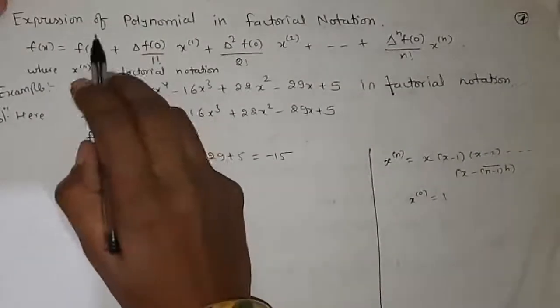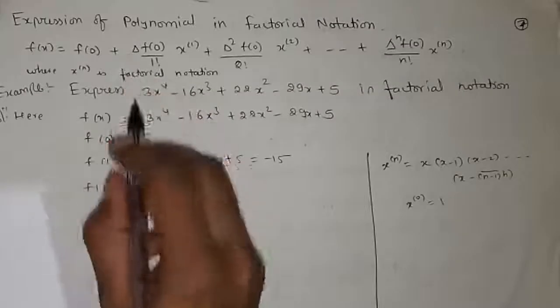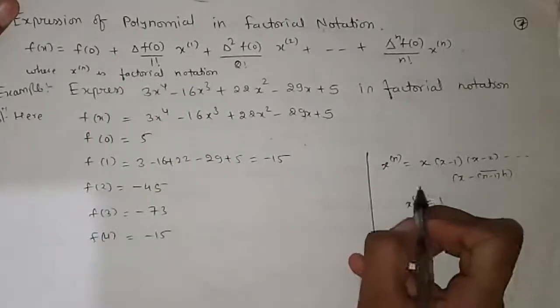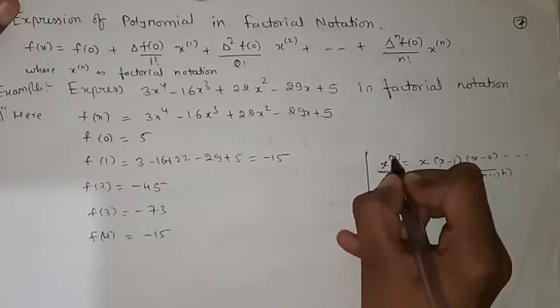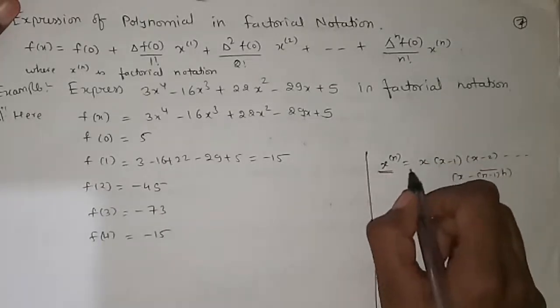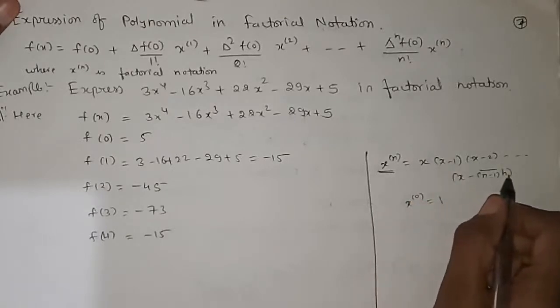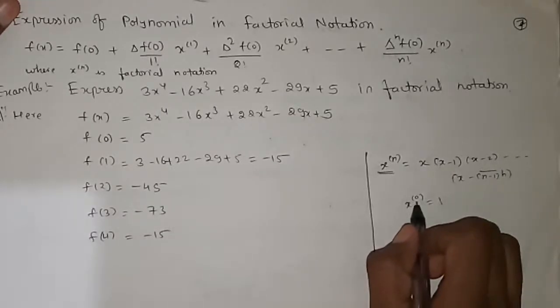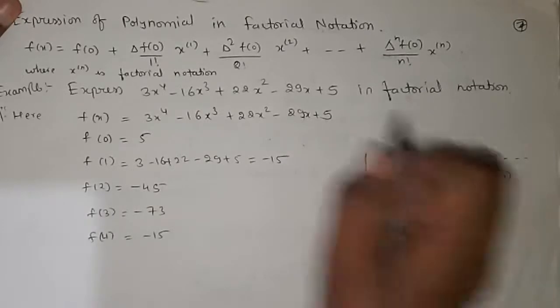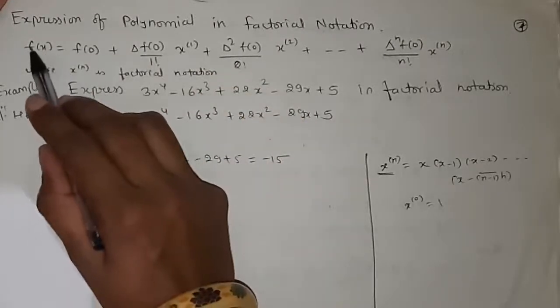Next one is expression of a polynomial in factorial notation. Before that, what is factorial? See, this is the notation for factorial. X raised to n, if it is written in the bracket, we call x raised to n as being in factorial form. So how is it expanded? It can be written as x, x minus 1, x minus 2 up to x minus n minus 1, and x to the power 0 in factorial notation is always equal to 1. So we have a formula for writing any polynomial in factorial notation, that is f of x is equal to